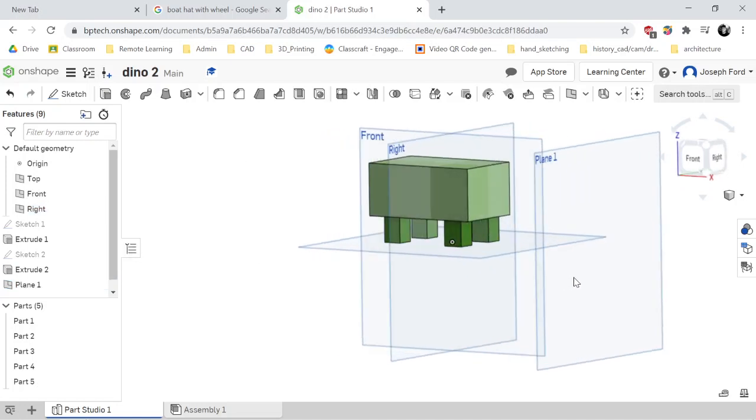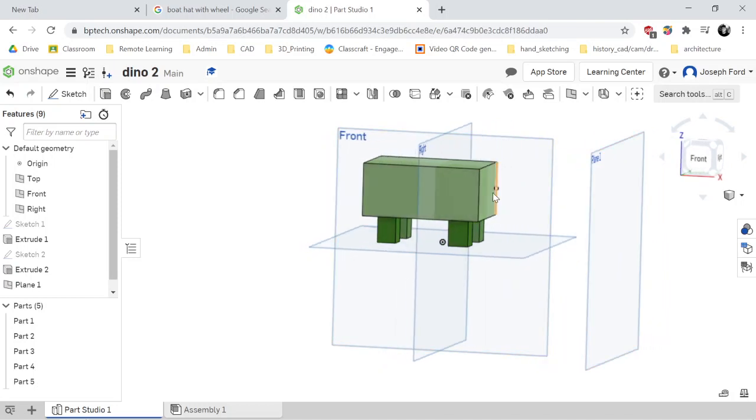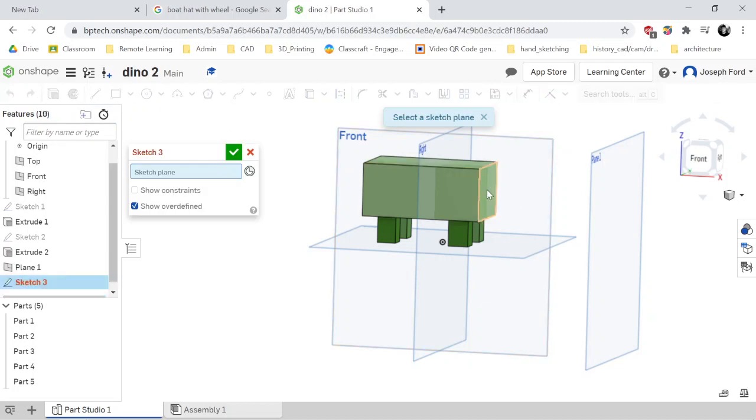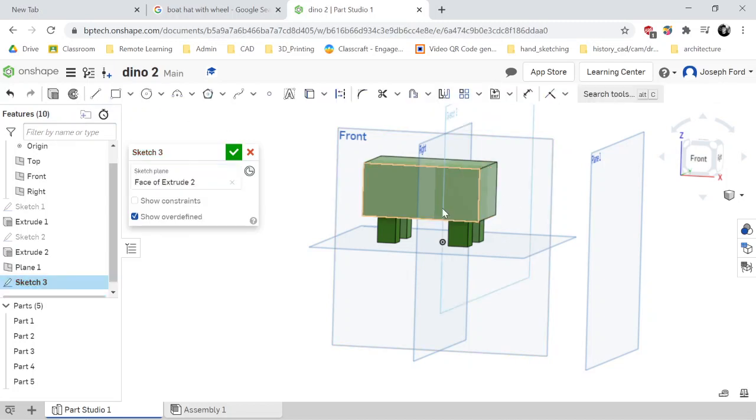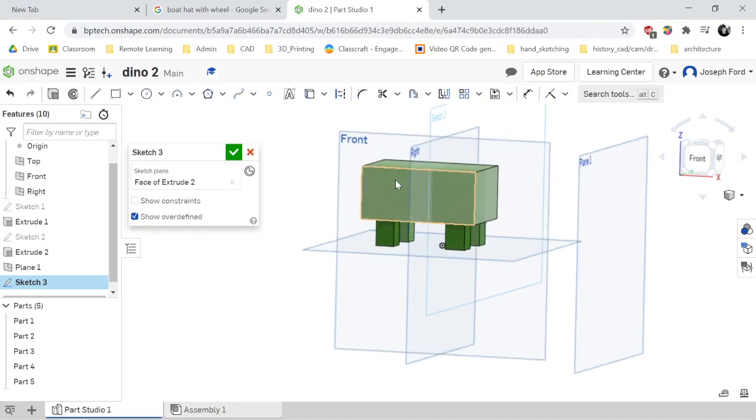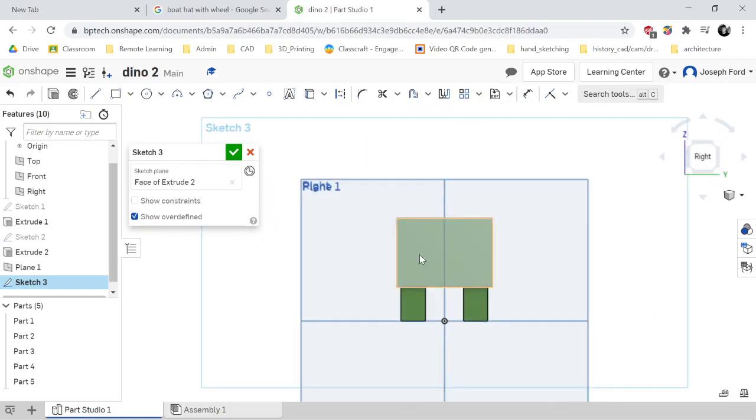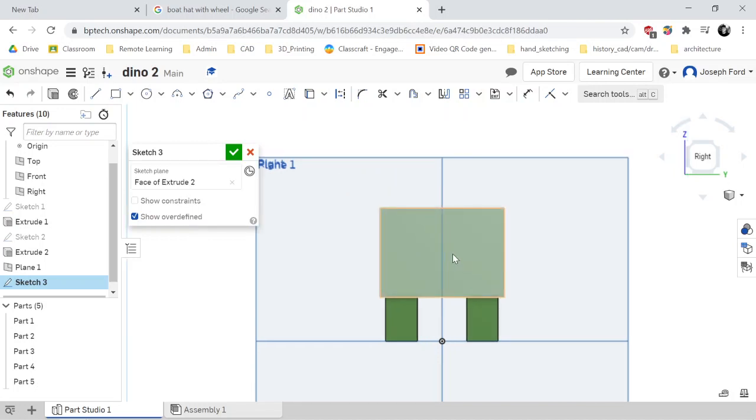So now I need to create 2 profiles and then a pathway those profiles will meet. So I'm going to create a sketch on the butt of the dino. So sketch, click on your dino's butt, and now if you click on the right side here, or you click the hotkey N, I'm going to be normal to that sketch. So we got a lot of planes going on here, but don't get confused. We're drawing inside here right now,